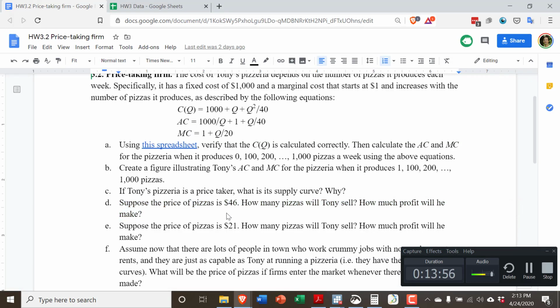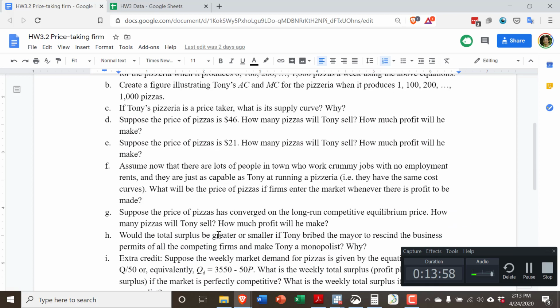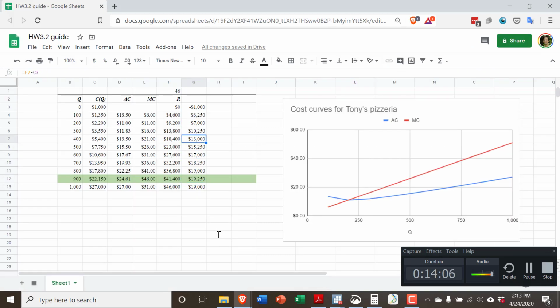Now you're asked, suppose the price of pizza is just $21, so the price of pizza falls. How many pizzas will Tony sell now? How much profit will he make? We just do exactly the same thing. So now we know the price is 21. Essentially, we had a price of 46 up here, and we produced 900 pizzas. Now we're going to reduce it to $21, and it looks like we're going to produce,